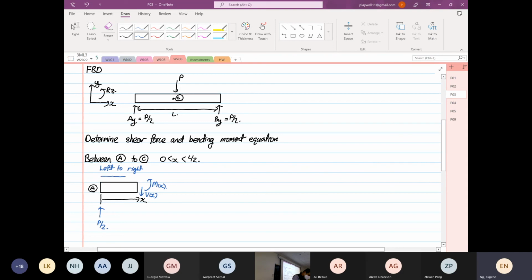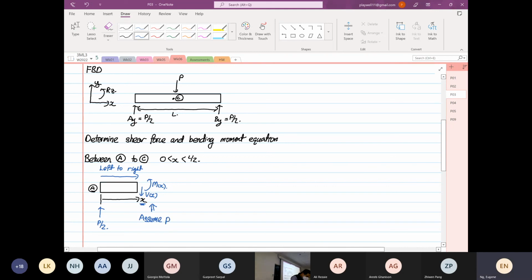It's going in this direction. This is what I mean, because it depends on how your x is moving. So we are starting from left hand side, going to right hand side. So on the right hand side, the shear force is always coming down. The bending moment is always going anti-clockwise. So over here is what we assume